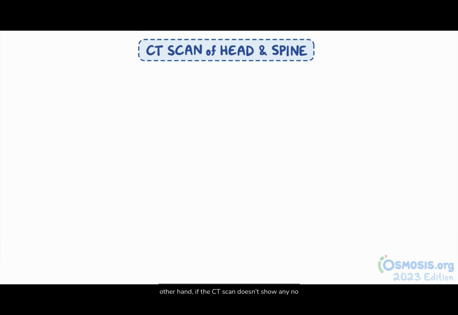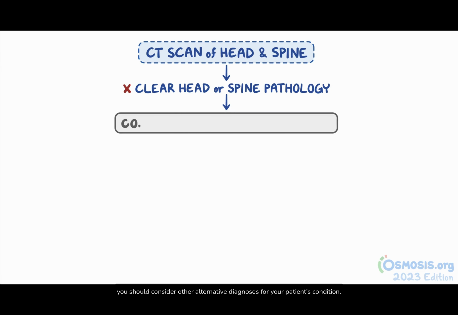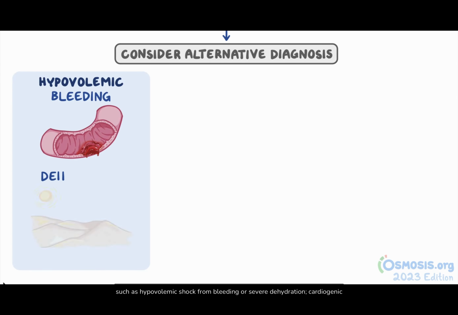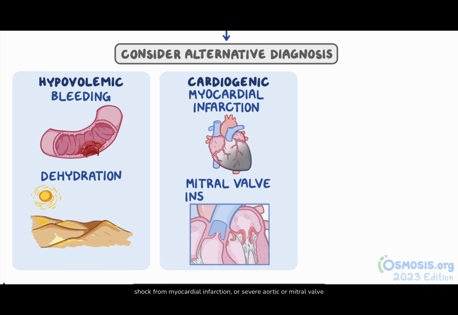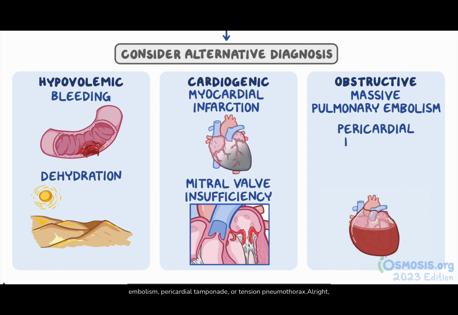On the other hand, if the CT scan doesn't show any clear head or spine pathology and the patient does not have a history of neurologic disease, you should consider other alternative diagnoses for your patient's condition. These can include other types of shock, such as hypovolemic shock from bleeding or severe dehydration, cardiogenic shock from myocardial infarction or severe aortic or mitral valve insufficiency, and obstructive shock, which can result from massive pulmonary embolism, pericardial tamponade,